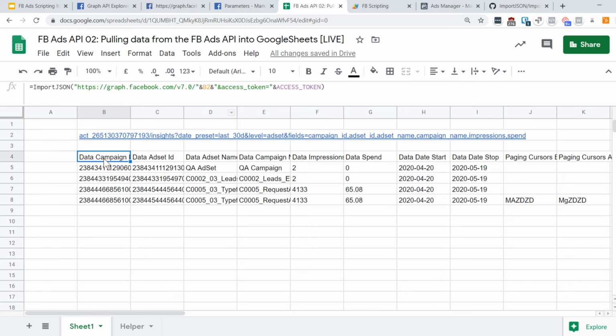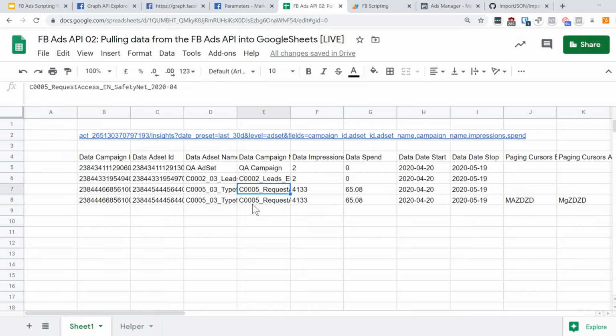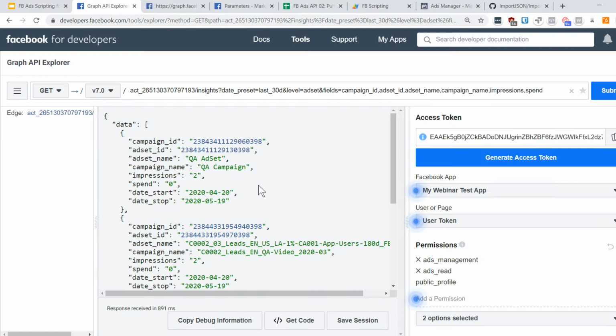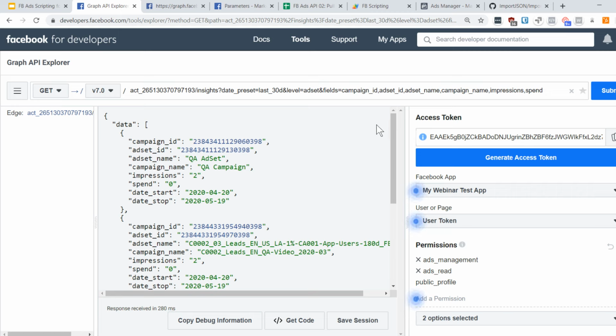So one last thing that we need to do to make this a little bit more usable is, when you have the import JSON functionality, there is a way to make it a little bit easier to read out information from this query, and that is by going one level deeper into this response here. And let me show you how this works. I'm sorry, I just clicked on something. I need to request it again. So essentially, this is the